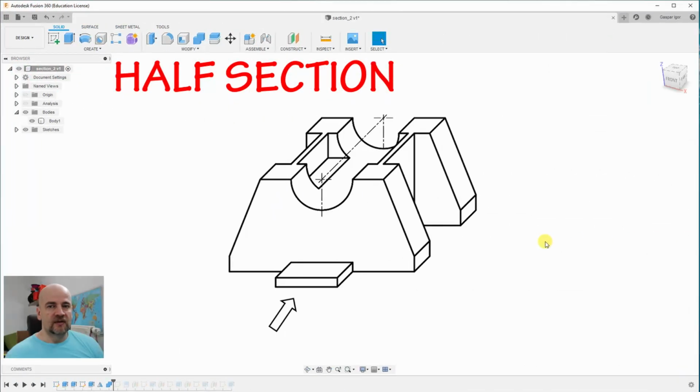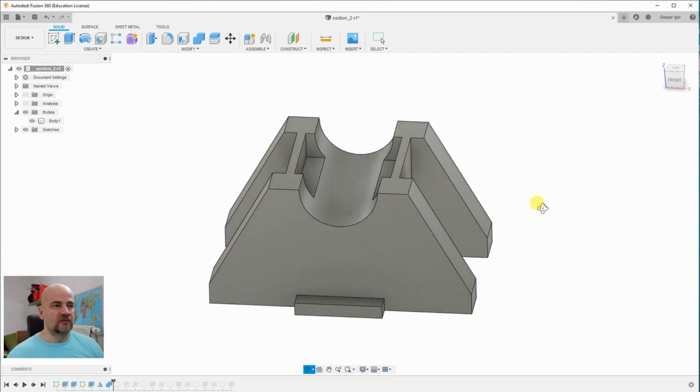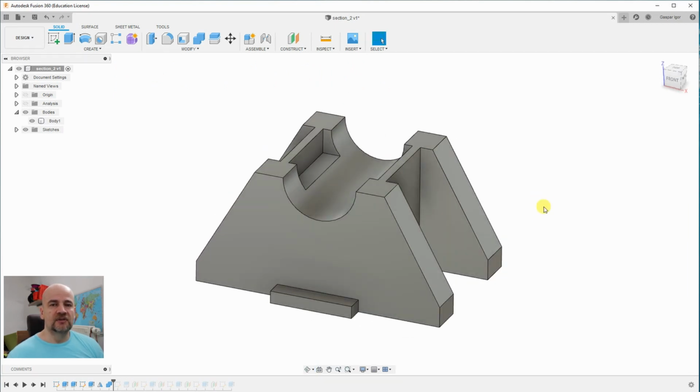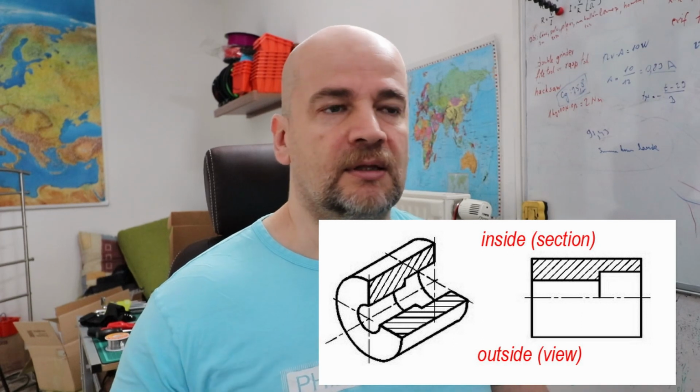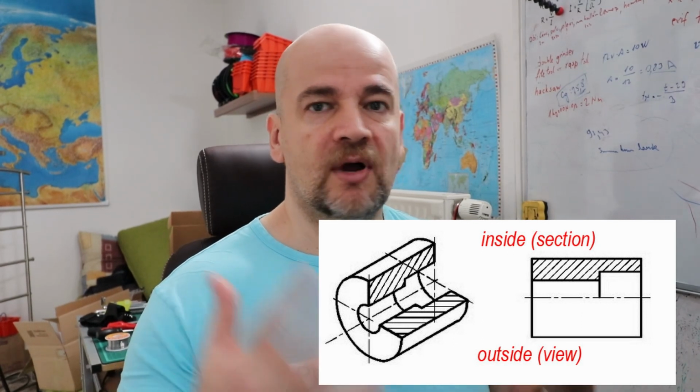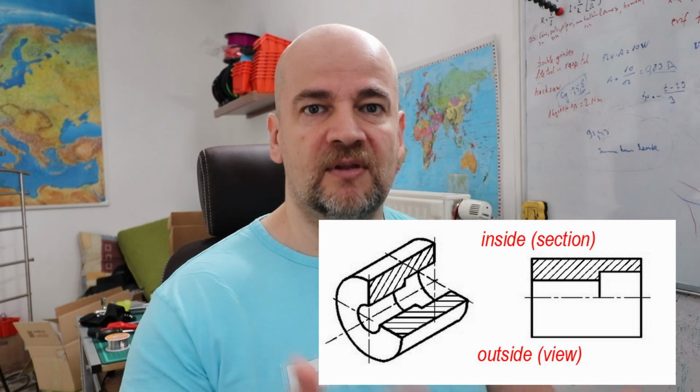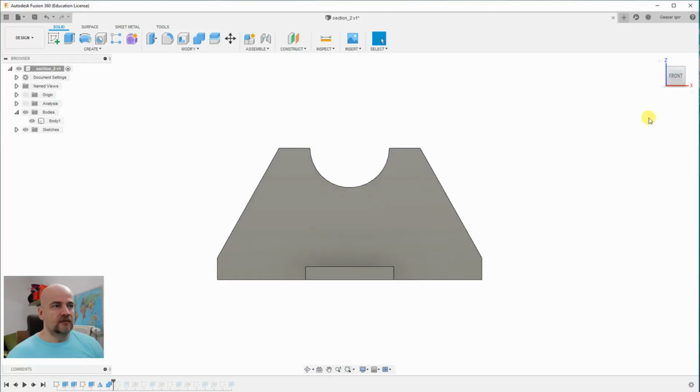This is the next object, and this has to be drawn in half section. And this is the object in 3 dimensions. Half section can be used only with objects with two symmetrical planes. So like this is symmetrical on this and this plane here. Half section is commonly used with revolved or cylindrical types of objects like pipes, because in one view we can show how the object looks from inside and outside. This means the right side in this view has to be drawn in a section, and the left side will be in a view.